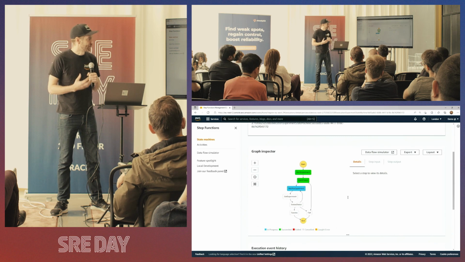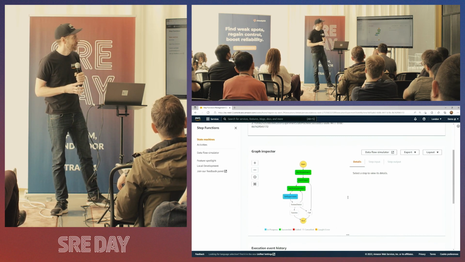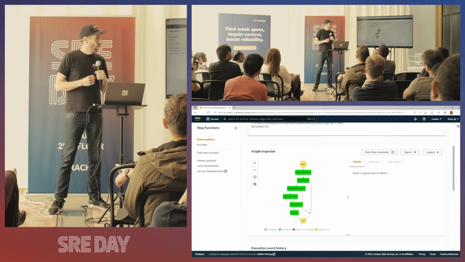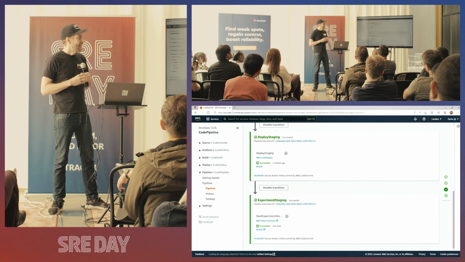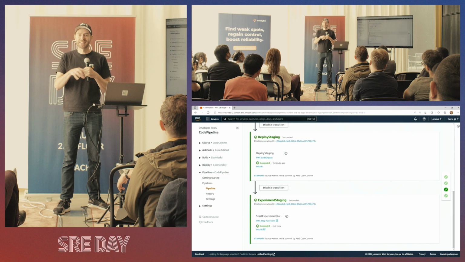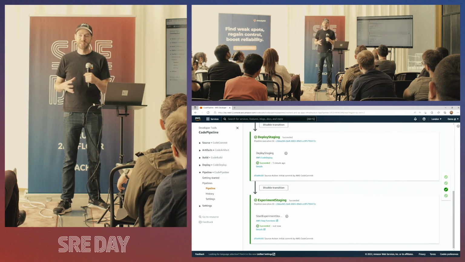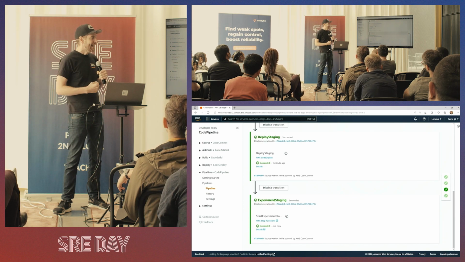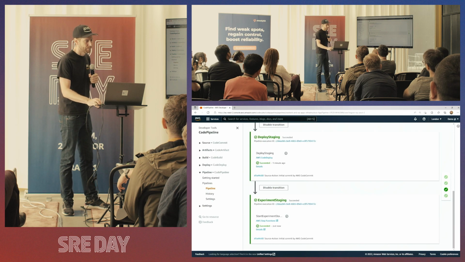As we can see, it started the experiment. It is now waiting for the output of the experiment before sending a success signal back to the pipeline. As soon as it's done that, it will then go on to deploy that same code to our production environment. Because we have seen that this code change has succeeded with the chaos engineering experiments that we've done.